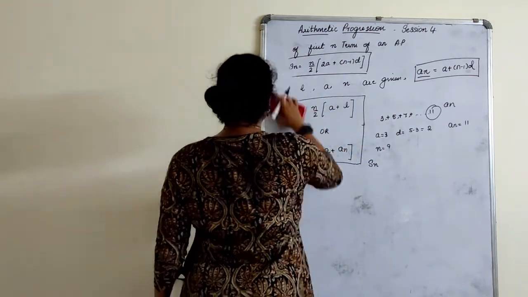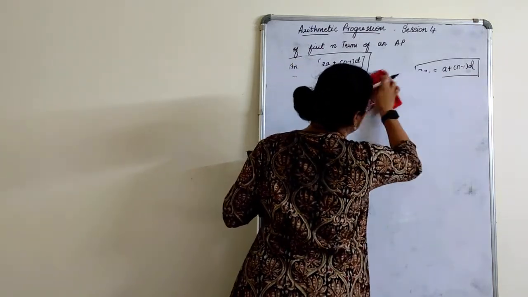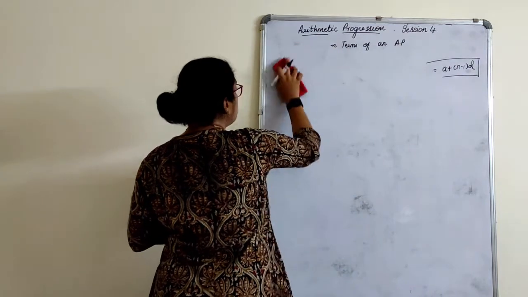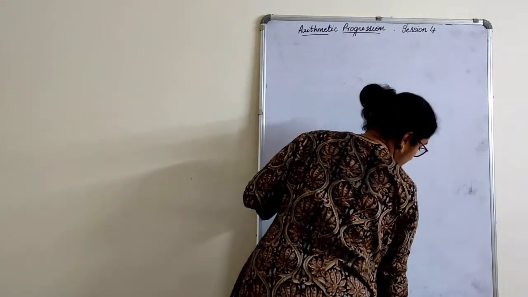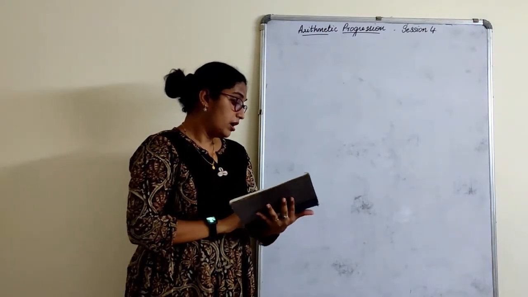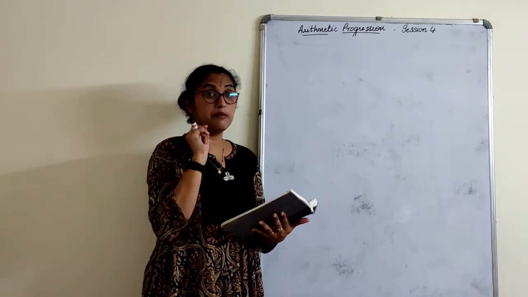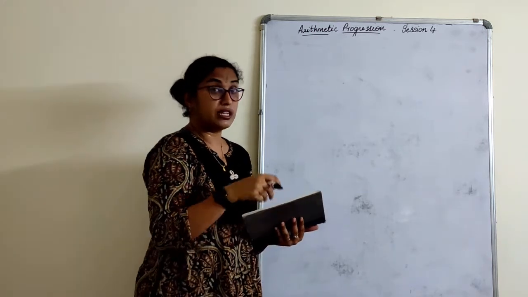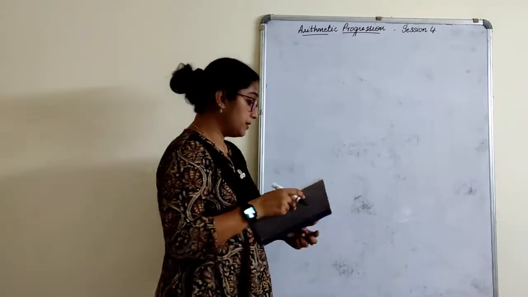So let's quickly start with the exercise here. The exercise is quite big, so we'll break it into 3 sessions. First one, find the sum. Always you have the word sum, that is a hint given. So that's what I told you: read the questions of this exercise as well as the previous exercise.